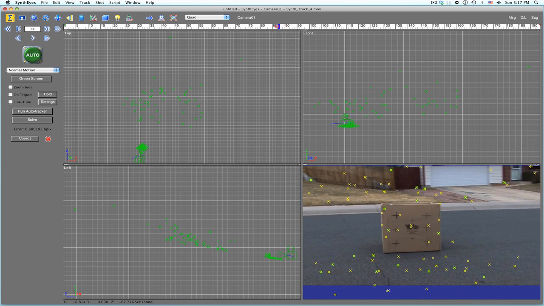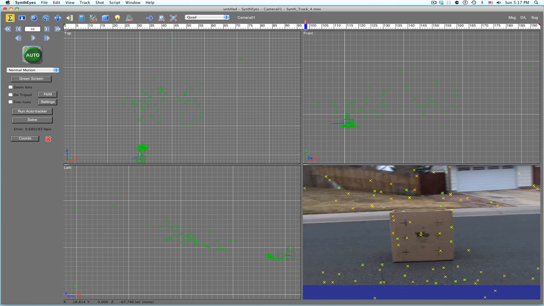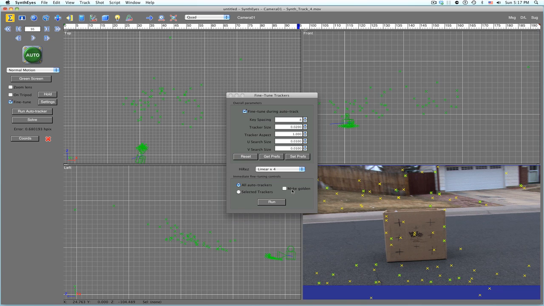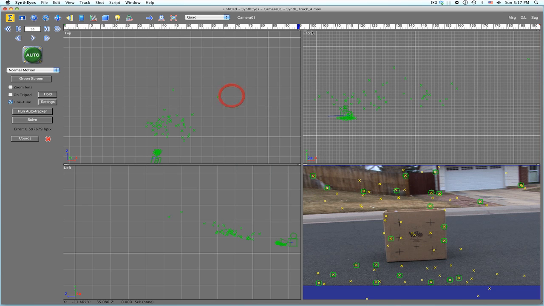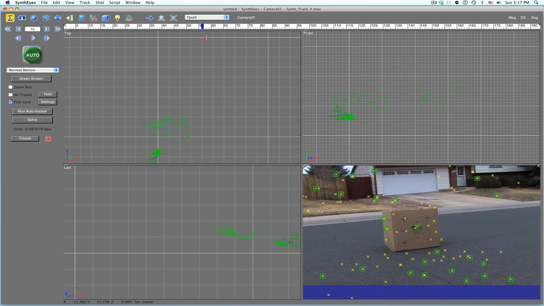Everything's looking pretty good. We can keep this going though, keep refining our trackers even more. So I'm gonna click fine tune here, settings. Make golden, so it's just going to run through it again, make them even more solid. And let's see what we get with this. Alright, solve again. 0.59, that's even better. Even better. Alright, so this is looking